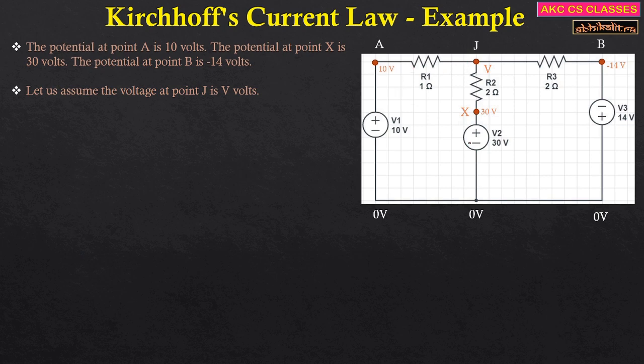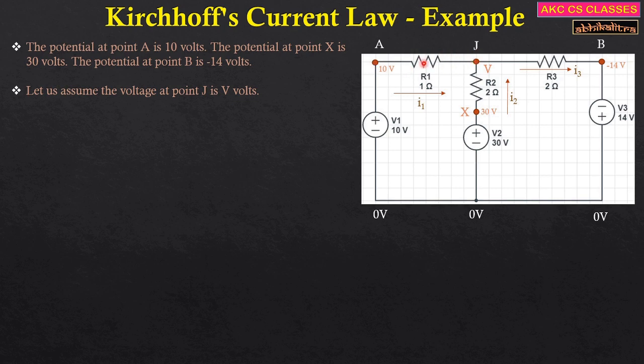that in this particular loop, the current is moving in this direction, right? Then over here from X to junction J, if I assume that the current is flowing in this direction, that means this particular current is entering the junction J. This particular current is also entering the junction J. So obviously if both are entering junction J, then the last one has to leave the junction J. Otherwise Kirchhoff's current law will not be satisfied over here.